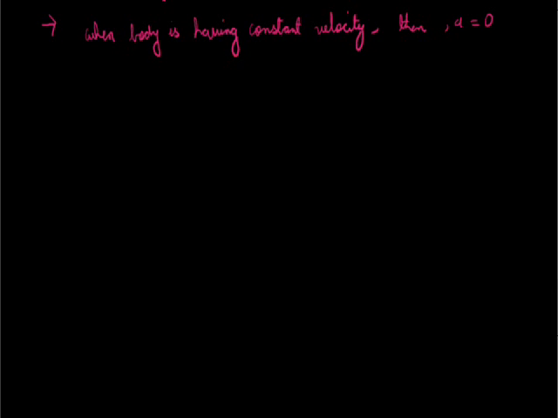Now we will discuss these three equations of motion when there is a motion under gravity. That motion under gravity should also be uniformly accelerated, because earlier we have discussed that these three equations are valid only when we have constant acceleration. So while discussing them under gravity, then too they should have constant acceleration.